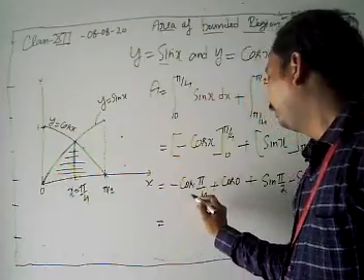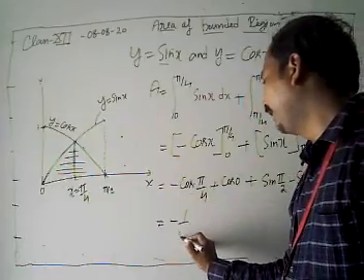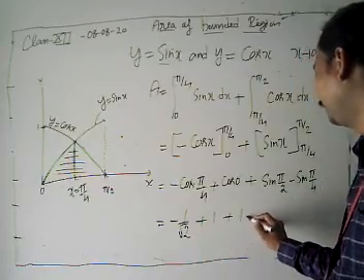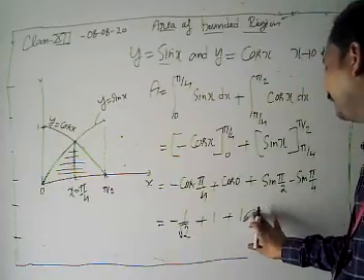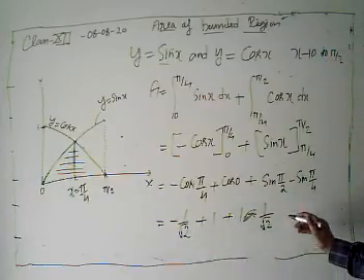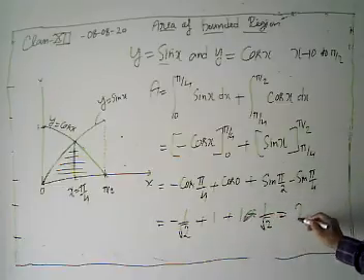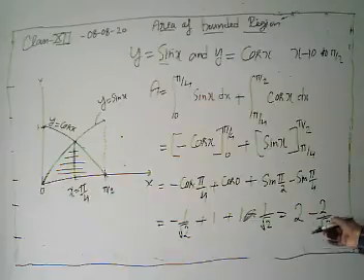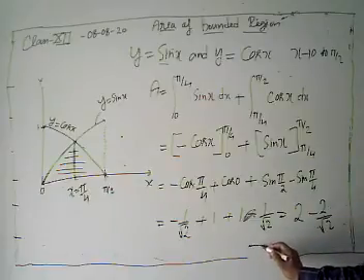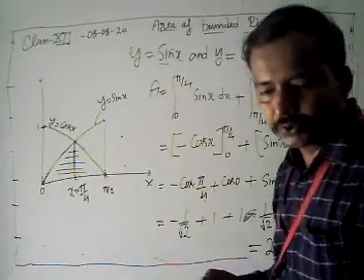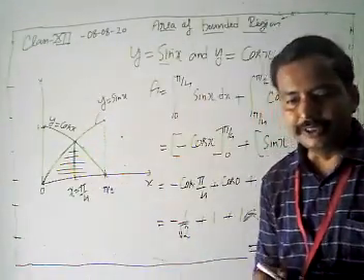Now the value of cos π/4 is what? 1 by root 2. Sin π/2 is 1. Then minus sin π/4 is what? Minus 1 by root 2. Now what do we get here? Minus, plus 1, and this minus is what? Minus 2 root 2. A further solution can be root 2. Then the required area is what? 2 minus root 2 square units. This is our required area.